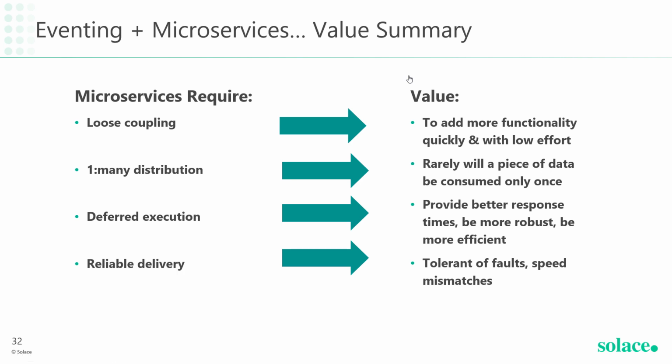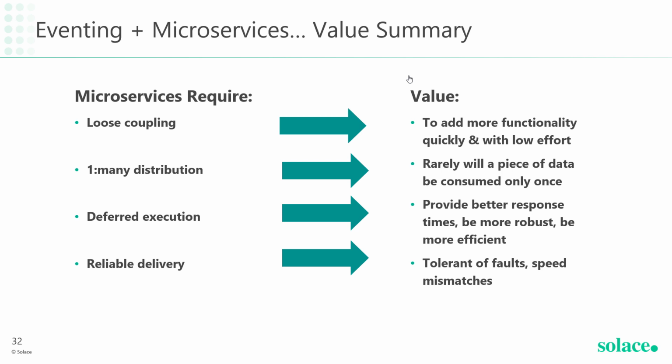So to conclude, here's the value summary. Again, you want loose coupling, one-to-many distribution, deferred execution, and reliable delivery, because ultimately, microservices require it in order to have the value that you're really looking for. The value we're talking about here is the ability to add more functionality more quickly, more agility, all with low effort. You do want one-to-many distribution because from what we've seen, rarely is a piece of data only